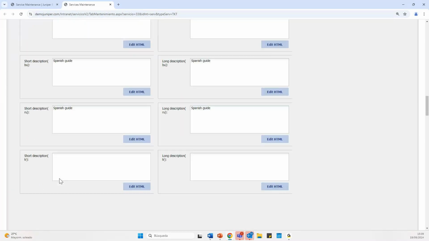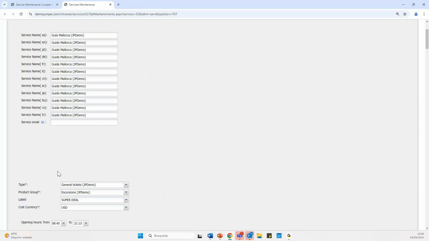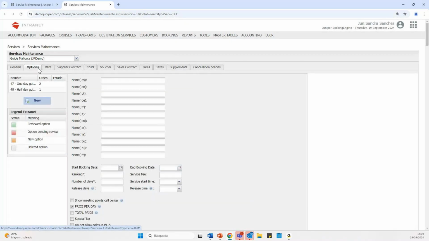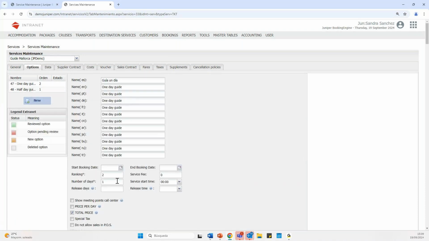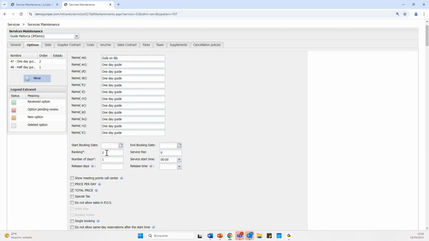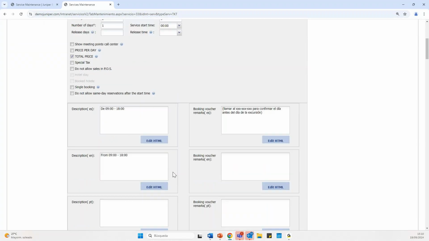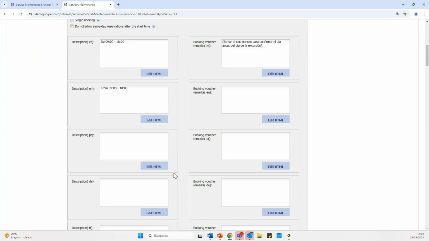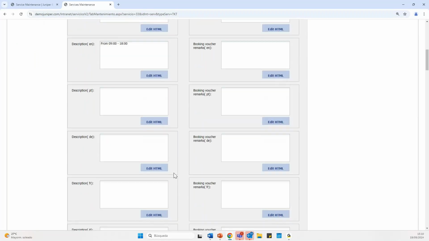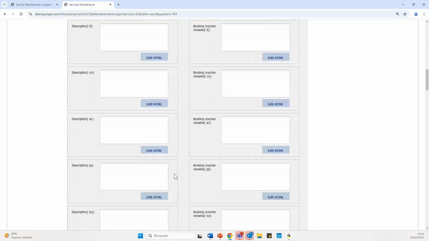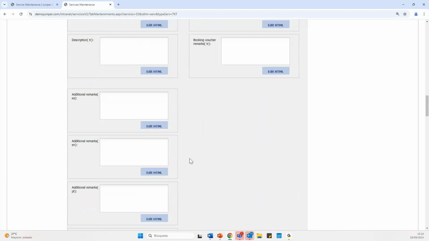In the next tab, options, we can define the different options that are available for the service. For example, if we select one-day guide, we have indicated ranking 2 and 1 day, some comments with information for the customer in different languages. And this information will be available for the customer in his voucher. It is also possible to include additional remarks